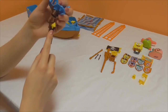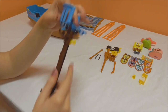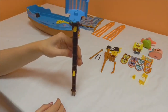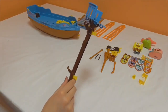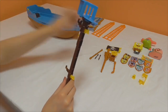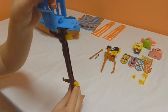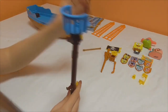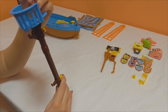And then this goes in here. And then you just push it till it clicks. And then there we go. We're starting to look like we have some sort of sail thing, I guess. A mast. Is that what it's called? And then we're going to decorate it a little bit. So we're going to use this little brown thing on this side. Just going to pop it in the hole. It sits in there. Another one in there. So it has two. And then we're going to pop the flag in,